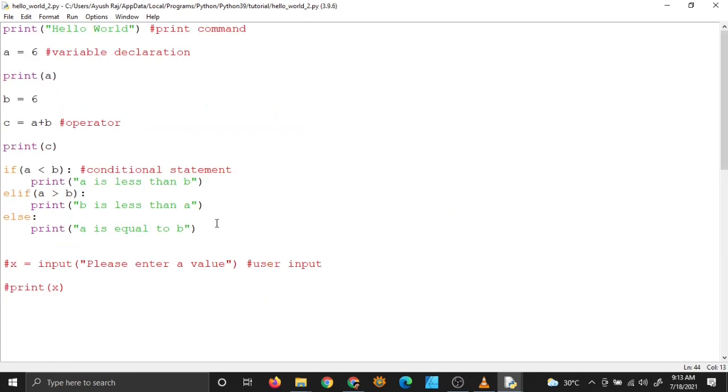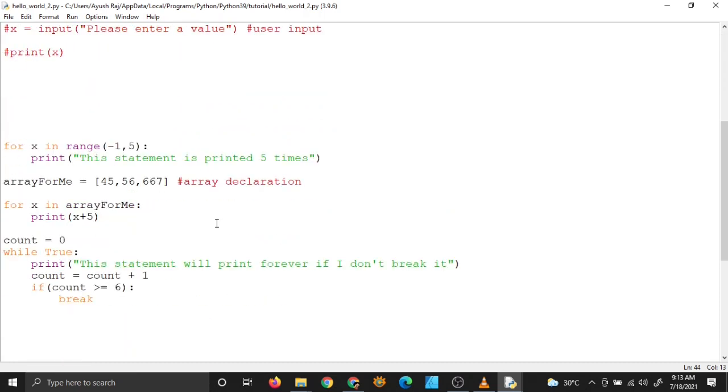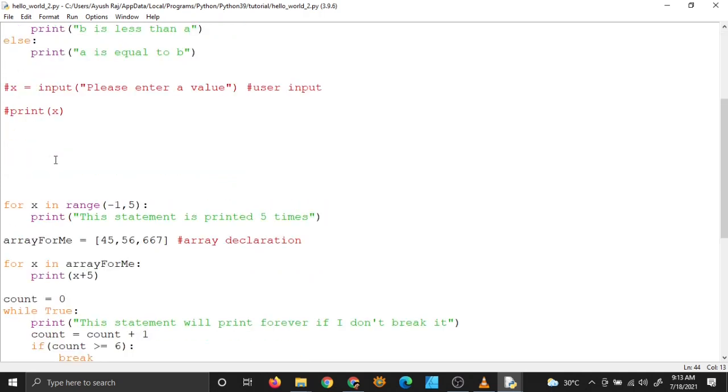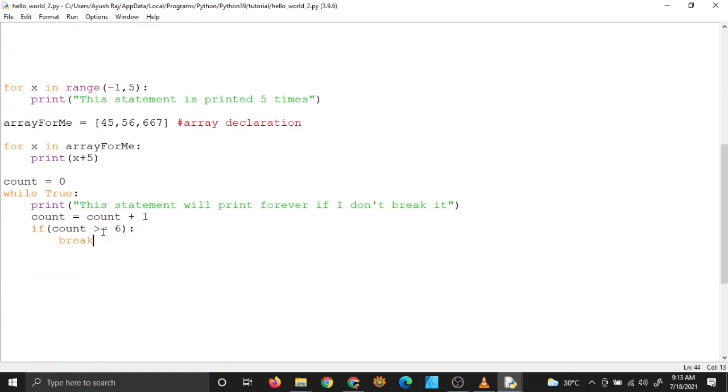I think you have learned many things, all the basics: print statement, variables, operations, conditional statements, loops, arrays, right? I don't think you will need other things for this. Yes, we will also need file saving. We will do that, but this is an advanced topic. We will also need key press detection, right?